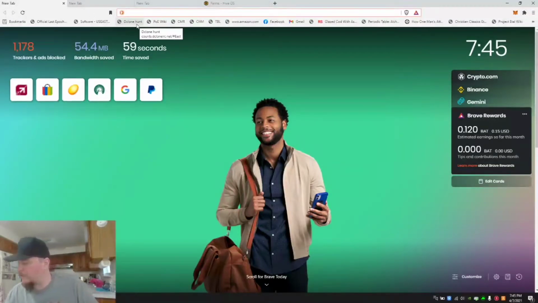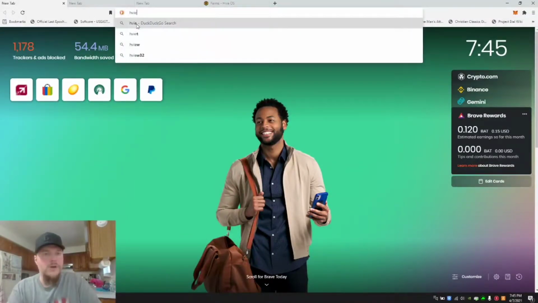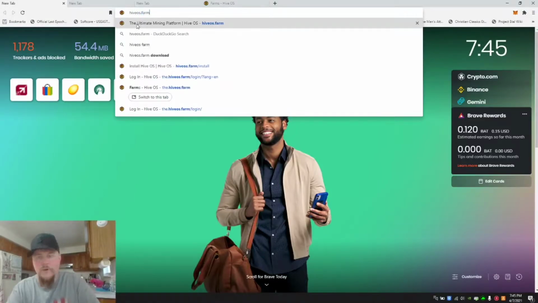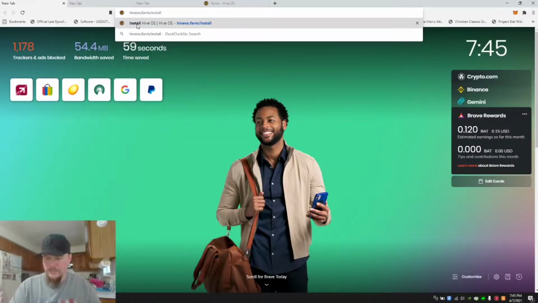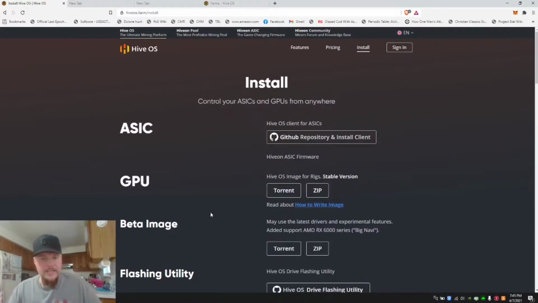And the first thing you're going to want to do is go to hiveos.farm/install. That's going to take you to the download screen where you can download HiveOS. They've got an operating system for ASIC miners. You don't want that one if, we do GPU mining here at Cruxfish. Feel free to try out the ASIC mining operating system if you like, but we're going to go with the GPU. We're going to download the zip file, so you'll just click zip,